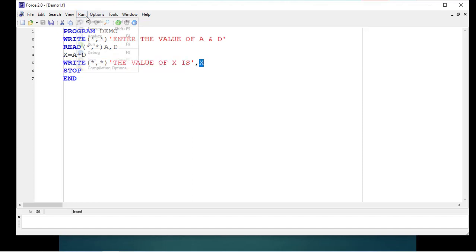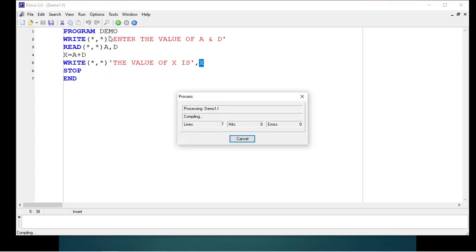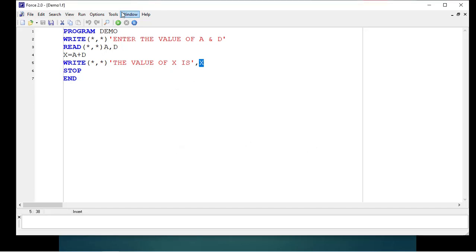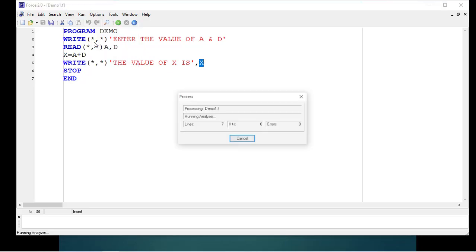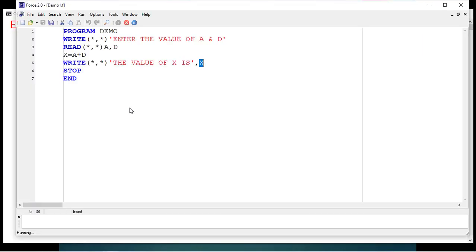Suppose I go for the run and do the compilation. Here the compilation is done, errors 0, warnings 0, so all is fine. I click on the OK button and then go to the run command again. I click on run and the message is displayed: enter the value of a and d. Why?